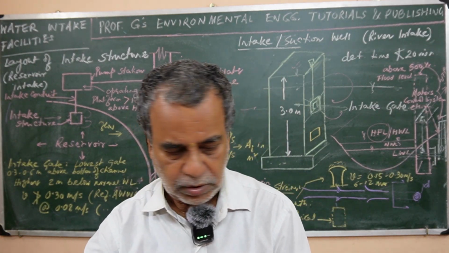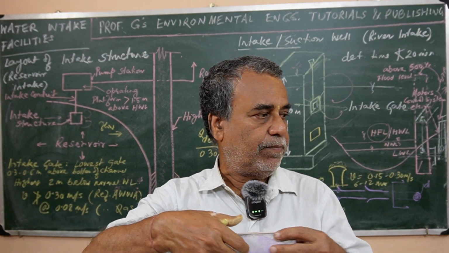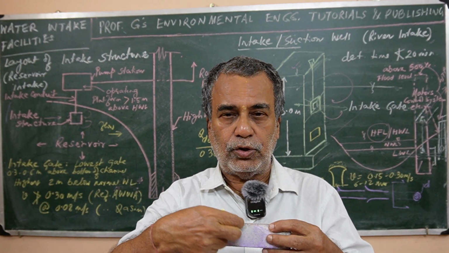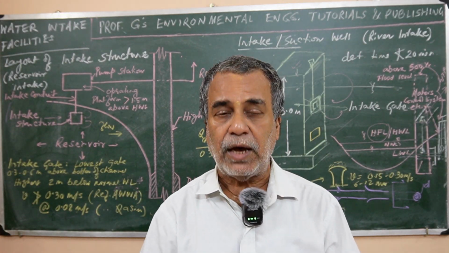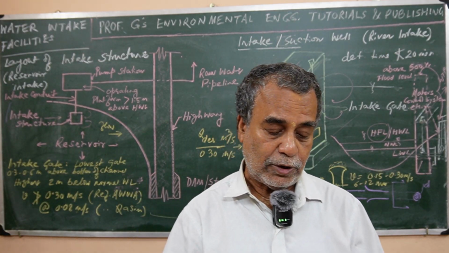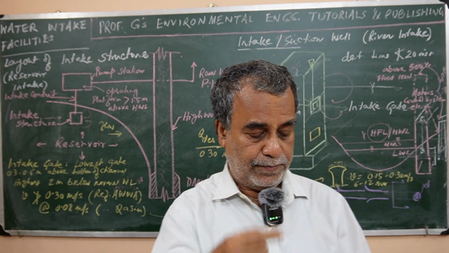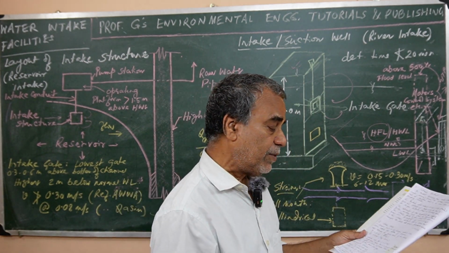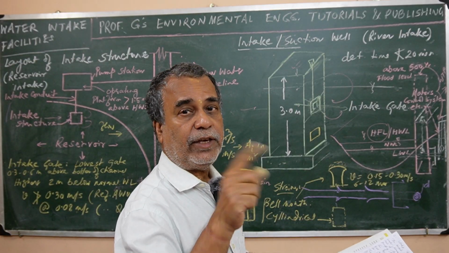Suppose if I show this way, it is a bell mouth shape, right, and there is a strainer, so the holes are there, perforations. So the dimension of each hole will be 6 to 12 millimeter diameter, okay, rounded shape. Gross area of the strainer is 2 times the effective area, that means the area of holes,